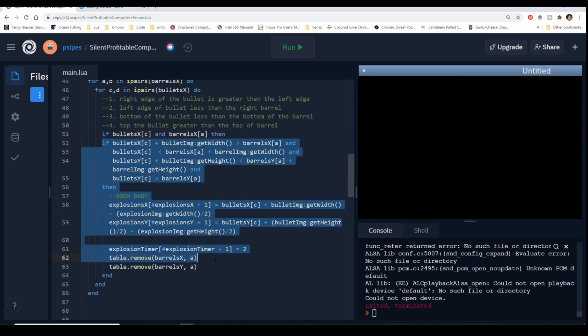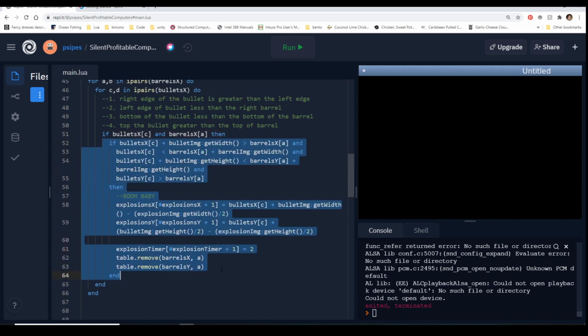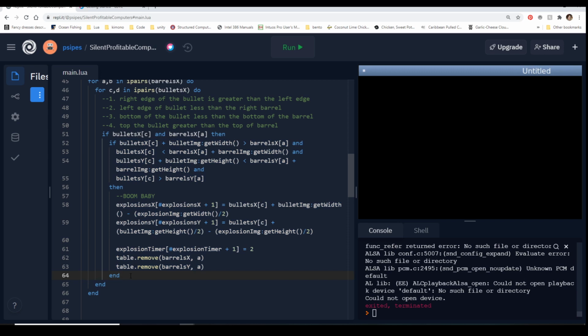So we're going to tab this over so that it's inside that loop. Again, you don't have to tab, but tabbing helps you find things. And we're just going to have another end down here. So that's the first thing that we have to do. We have to make that, because otherwise you will run into a point where, because this doesn't exist, it's still checking against things, and bad things eventually happen.